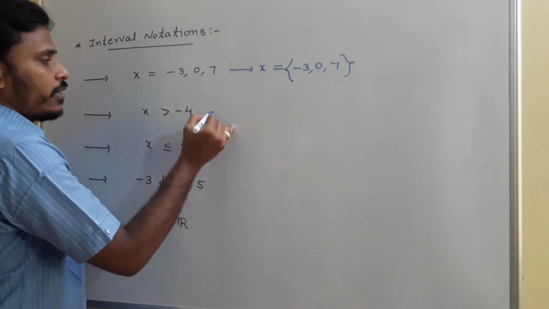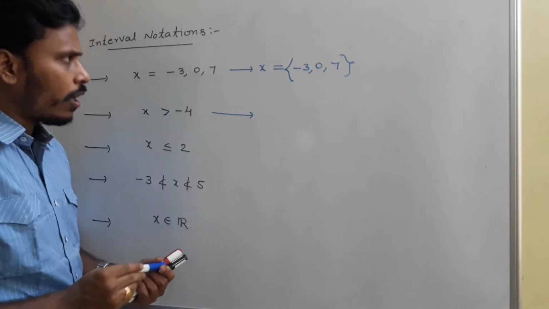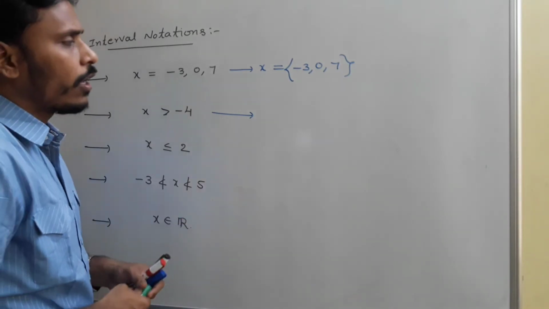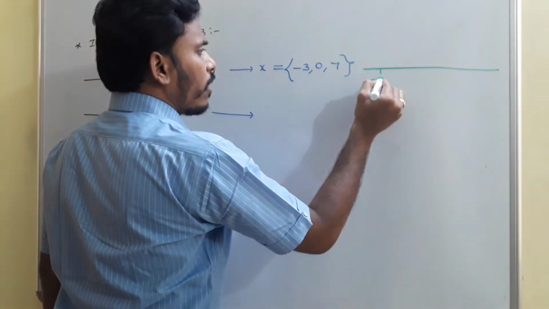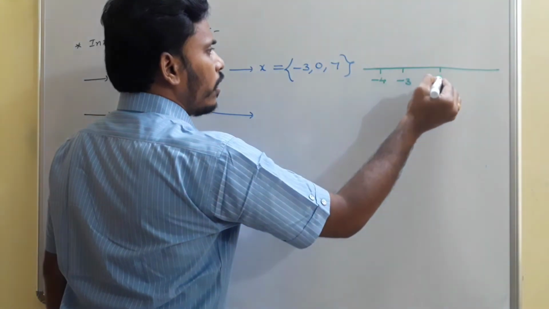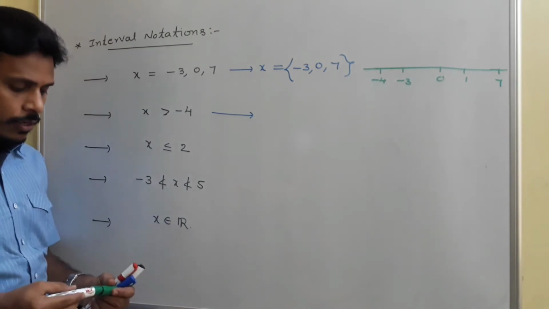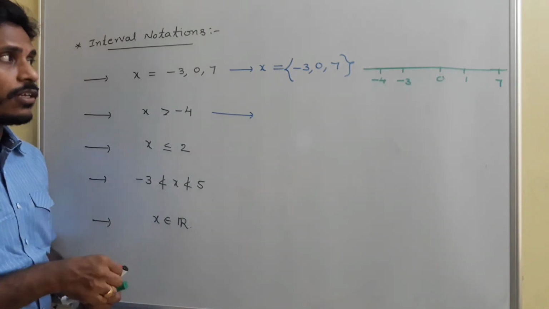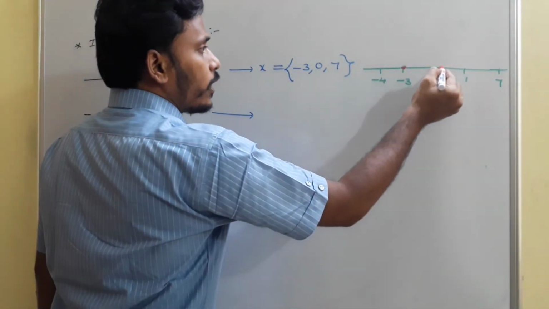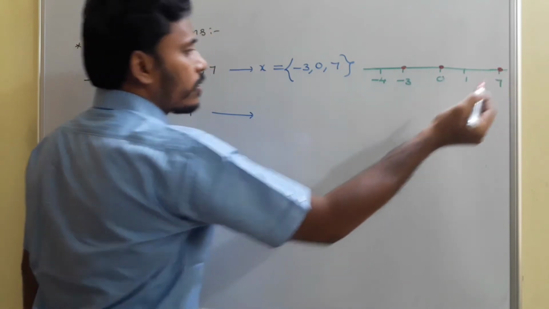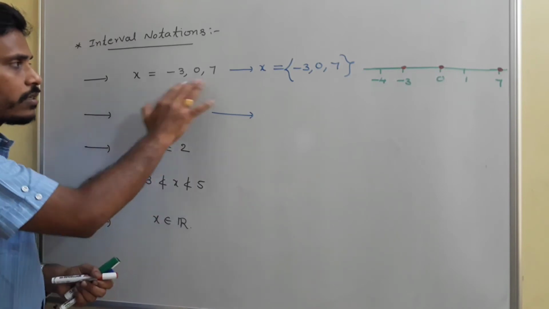Okay. And the next case. First of all, I am going to write the interval notations, and then every one I will represent on the number line. Okay. So for x is equals to minus 3, 0, 7, if you wish to represent it on the number line, take a number line. On this number line, there are different numbers like minus 4, minus 3, somewhere 0, and then 1. And if you go on, you will get 7 also on that number line. So since the solutions are just minus 3, 0, and 7, you need to indicate closed circles at minus 3 as well as 0 as well as 7. That's enough. That's the number line representation, and this is the interval notation, and this is the solution.